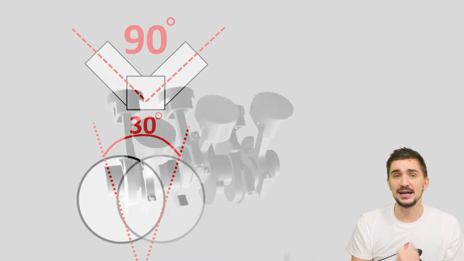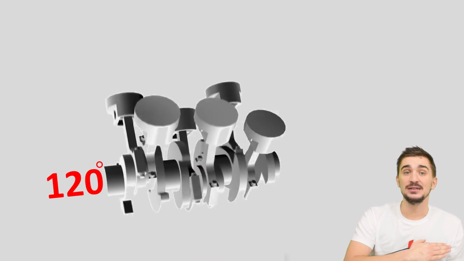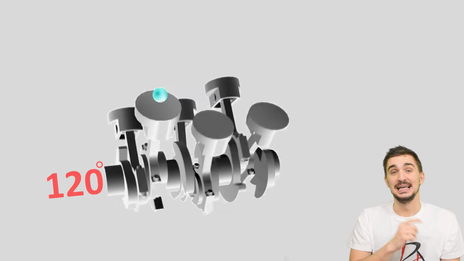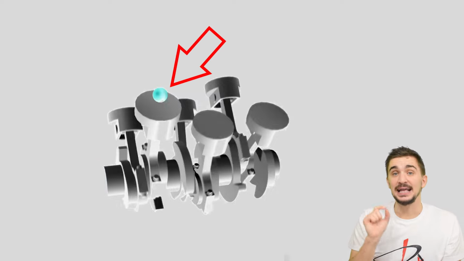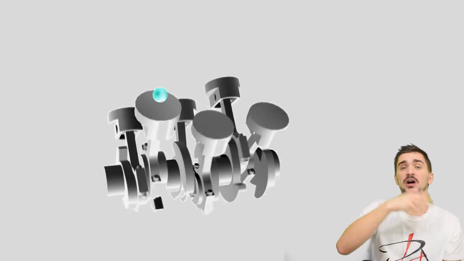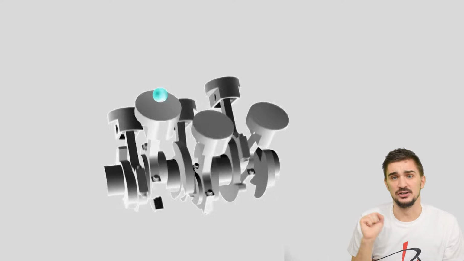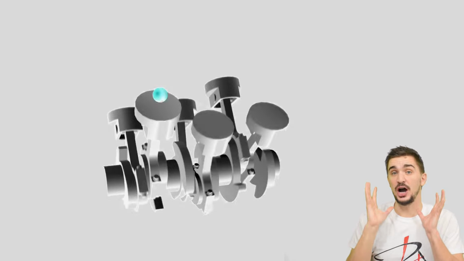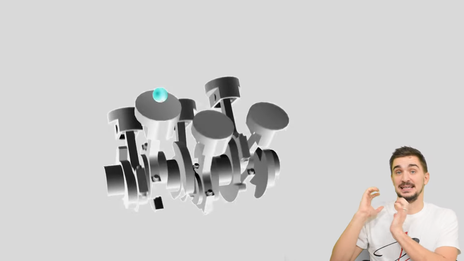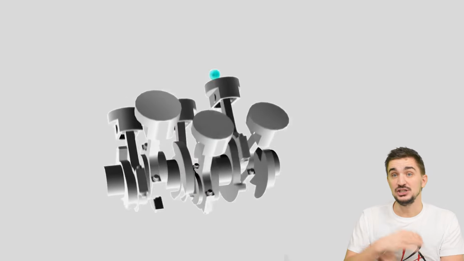Thanks to the split angle, when we fire a cylinder in this cylinder bank and rotate the crankshaft 120 degrees, the cylinder in the opposing bank is now at TDC. It's ready to be fired. We're no longer skipping the opportunity to fire the other cylinder. We now have a compact V6 that has an even firing interval and a power stroke overlap, just like an